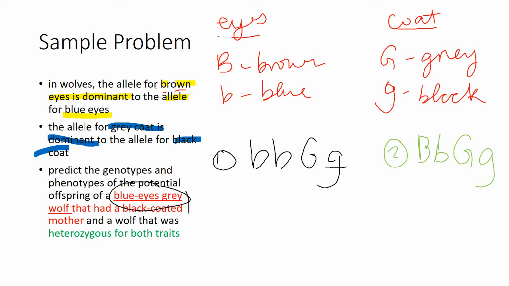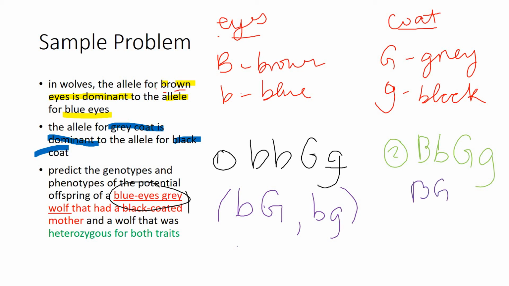So before we can do this in the Punnett square, we have to segregate all of these gametes. Let's write down what their gametes are before we put them into the Punnett square. Remember, each of the lowercase b's in the first wolf has to go with the other g's that it has, because they segregate separately. Now, if it repeats, we can choose not to write it. It's going to be the same, and it doesn't affect our results at the end. So I'm just going to leave that out because it repeats. So there are only 2 possible gametes for wolf 1, and wolf 2